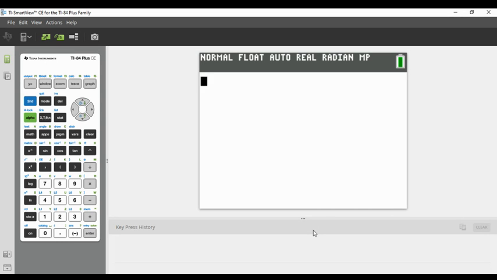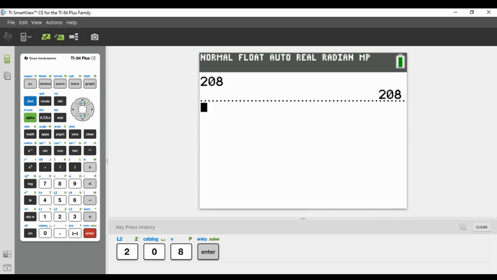First I'm going to put in a number, and this is 208. If I put in 208 and you are told to put it into scientific notation, this calculator will not do that because it's not a really, really big number. But if I put in a number like 0.0,